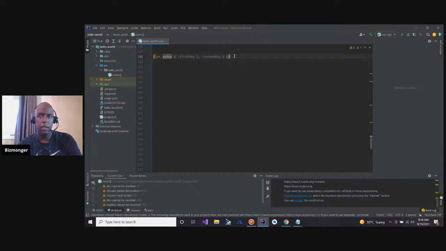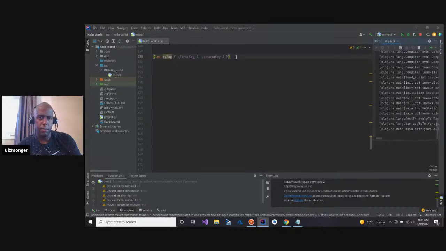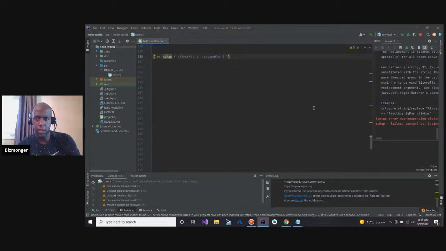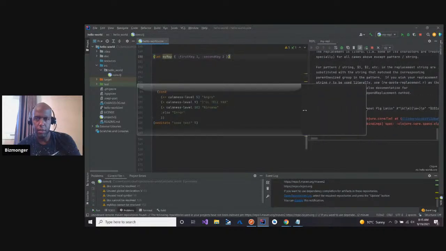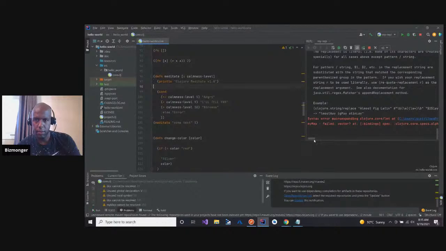Okay. So I've got to get my REPL running. Run my REPL. And I'm curious if the syntax is right. I always get confused with def and let. I think def is like global and let is scoped. So I want to shift Alt L to load in everything, and it doesn't like my syntax. So my map says failed, vector at whatever. Okay, so